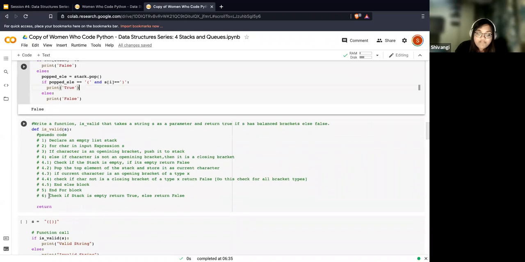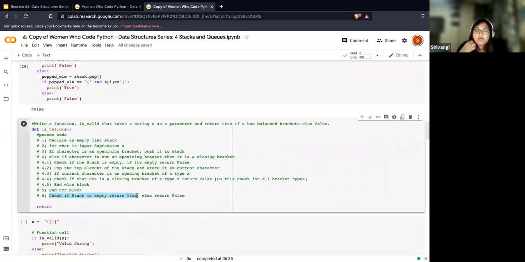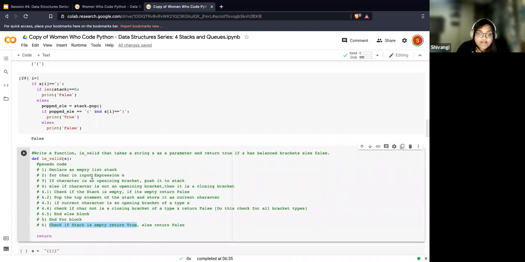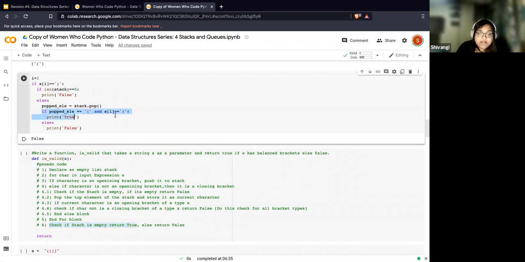Now, if my stack is empty after going through all the characters in the string, I'm going to return true. Otherwise, I'm going to return false, right? And when you find that the popped element and these are the same, since you've anyways popped an element, it's already removed from the stack.